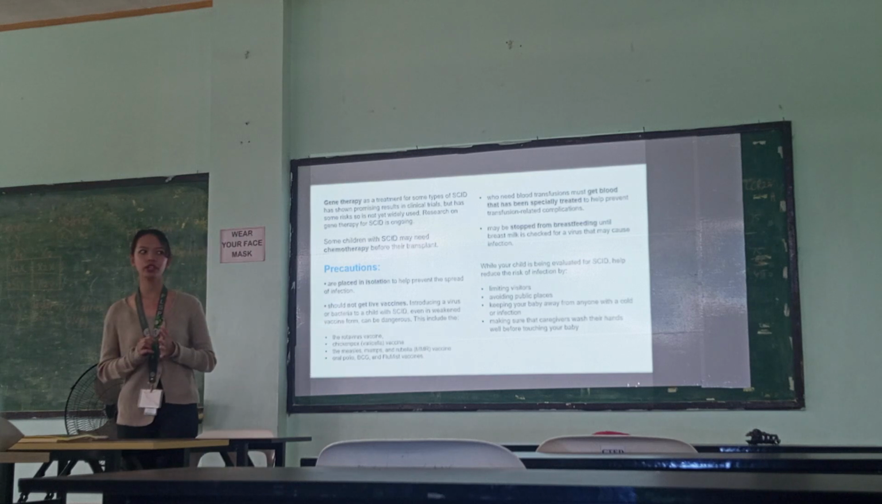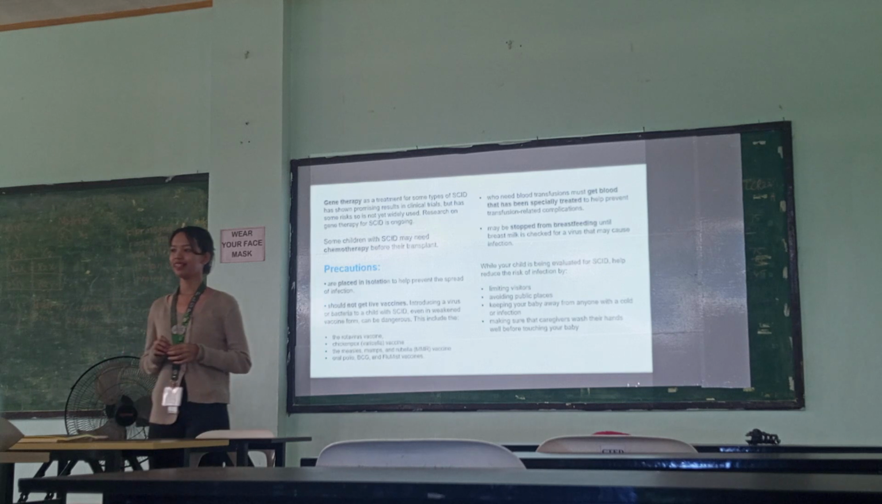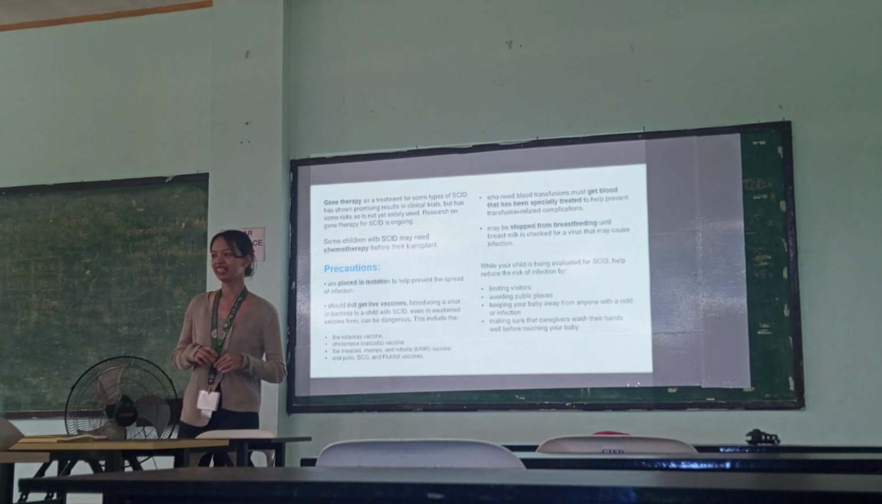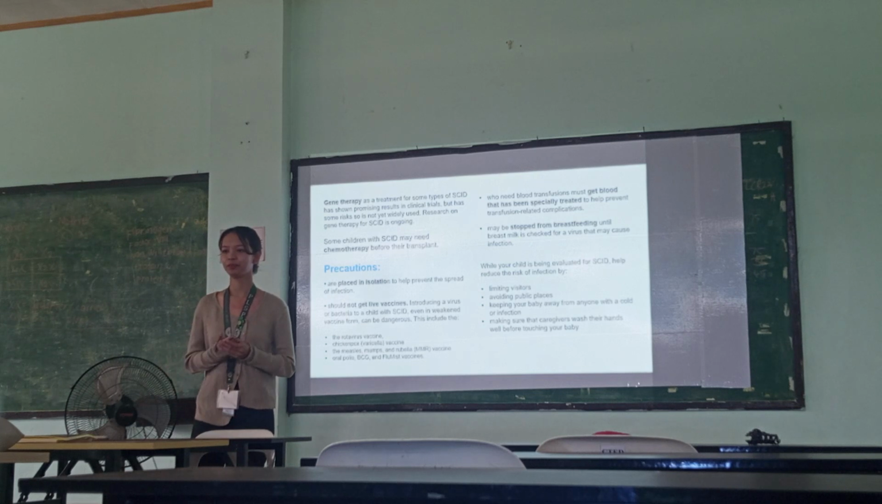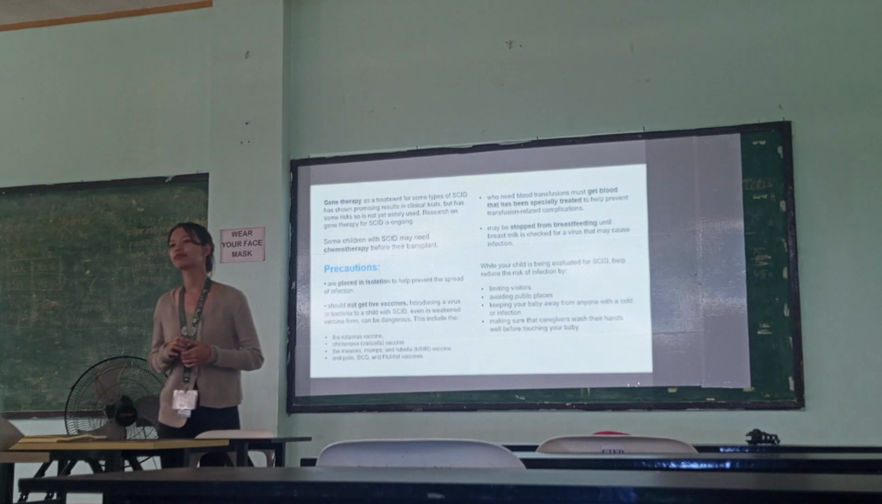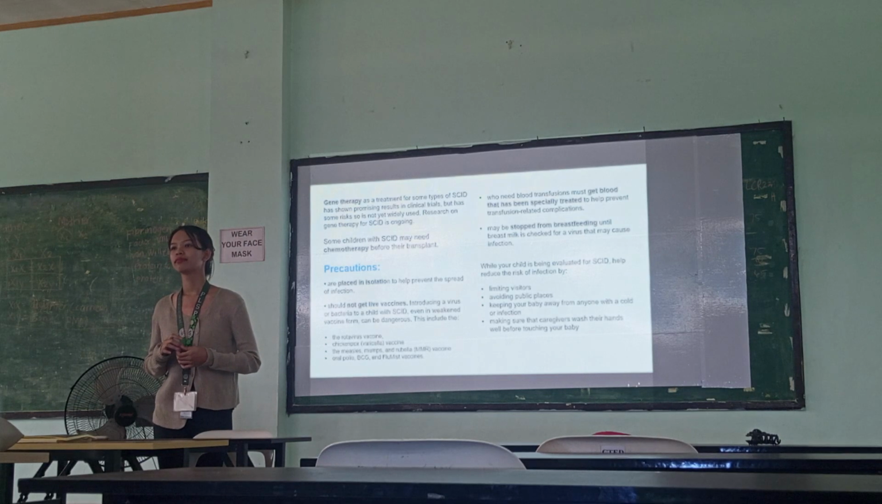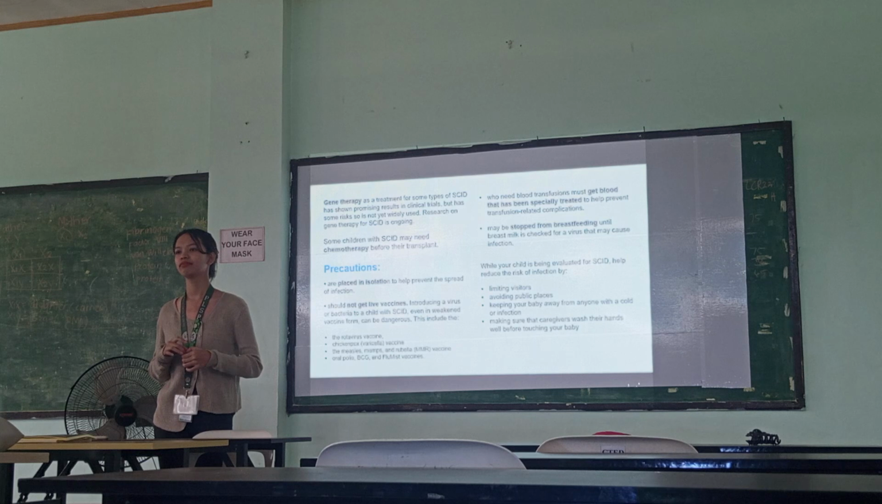Mayroong genetic disorder na nagme-metabolize ng fat. If nagkaroon ng problema, ano sa tingin niyo? Of course, di ba pag nagbibigay ako ng medications? So, yun ang mga, then,